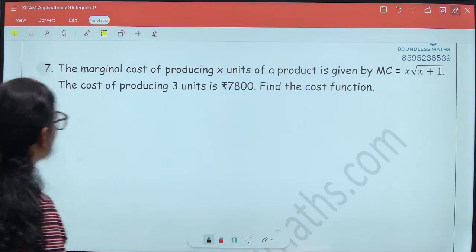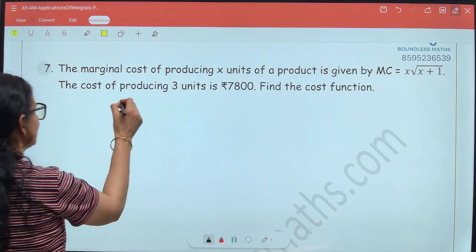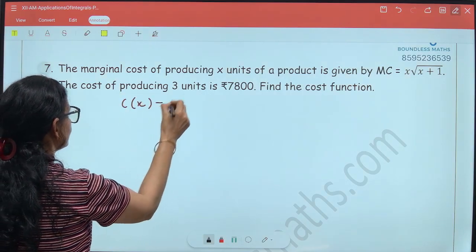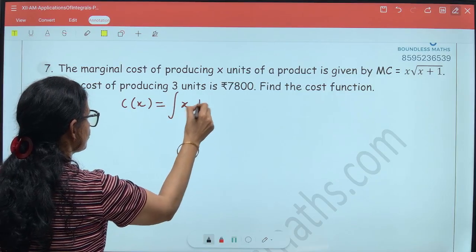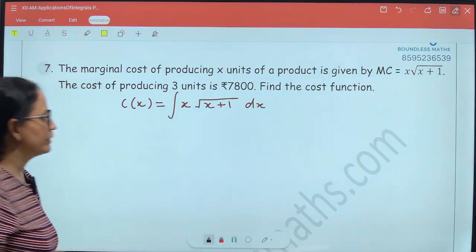The marginal cost of producing x units of a product is given by x square root of x plus 1. The cost of producing 3 units is 7800. Find the cost function. Again we need to use integration of the marginal cost function, which is x into square root of x plus 1 dx. Now how do we